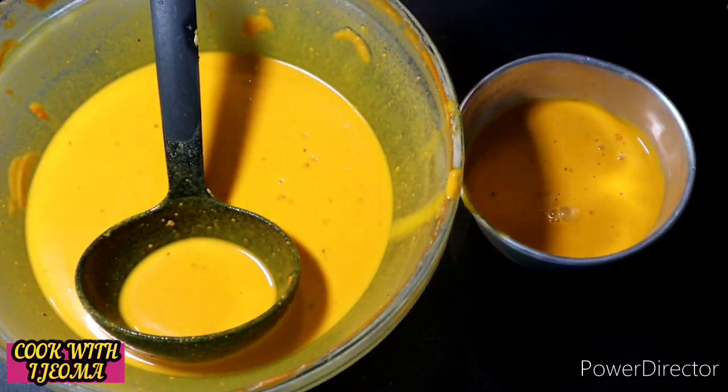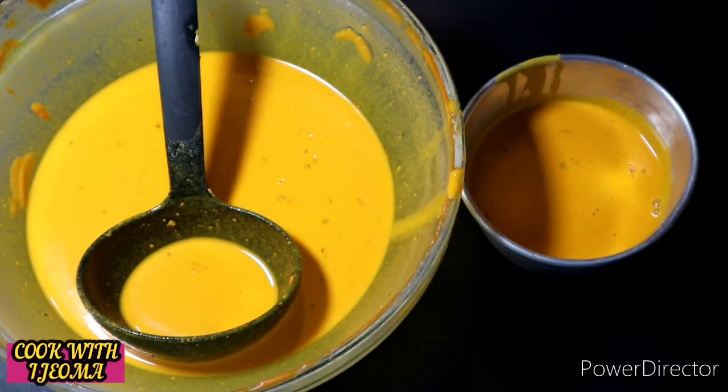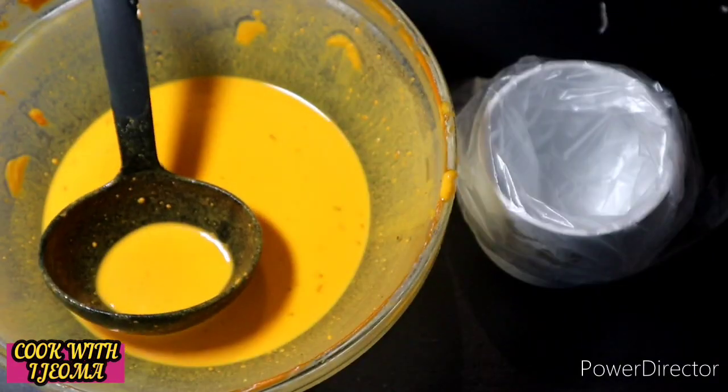Don't keep it aside and wait, after waiting, later you go and put it. No, it will not be good when you cook it. You can see this one that I delayed. I just want to show you, in case you delayed a little, use a small spoon and turn it,